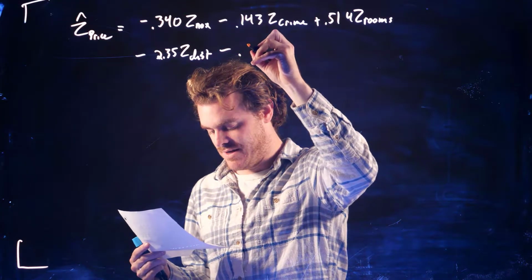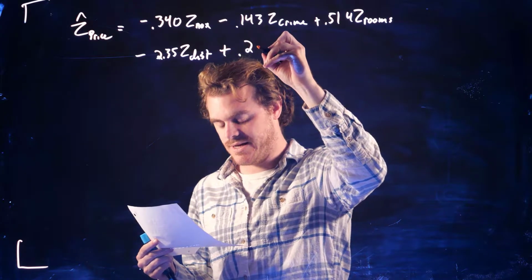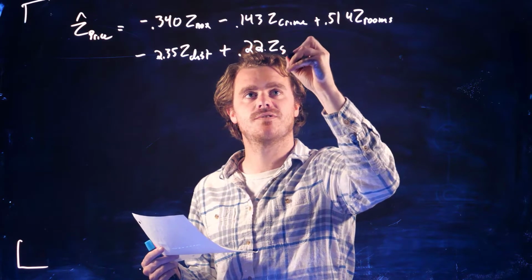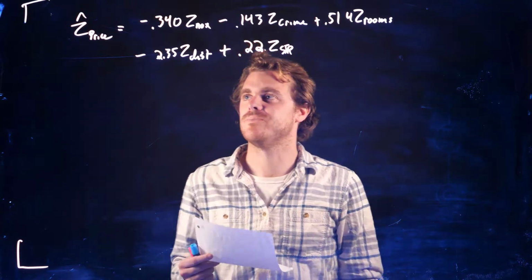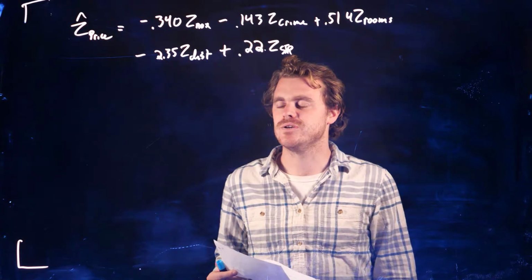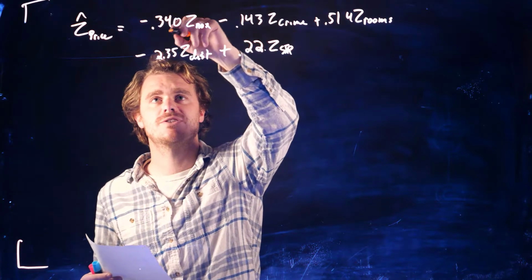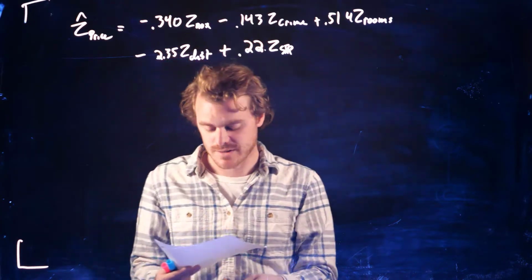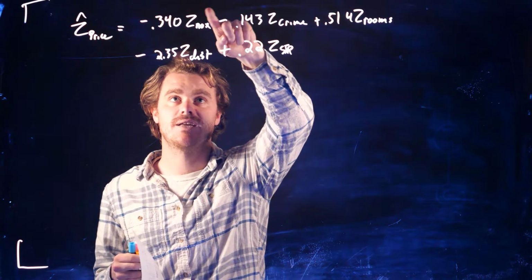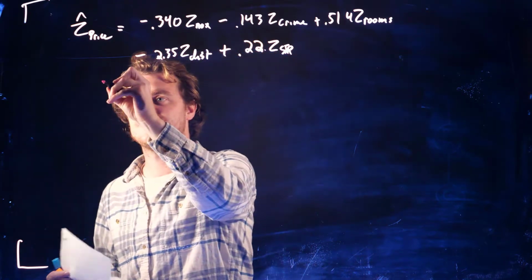And finally, we have the test score. Let's say it's plus 0.222 times the z-score of the student-teacher ratio. Hey, maybe some of these signs might not make sense. I think they mostly do. But we're just using it to interpret the second one. So let's say we actually ran this regression, we get minus 0.34 as our beta coefficient on the variable that we're interested in, which is nitrous oxide. And so what this is saying now is